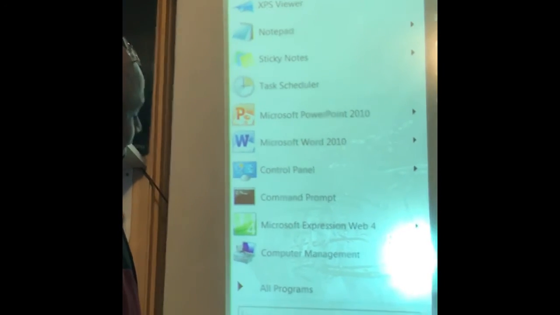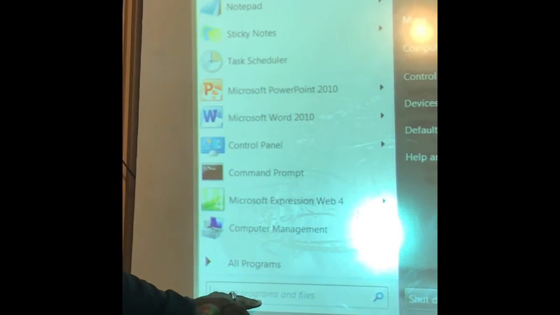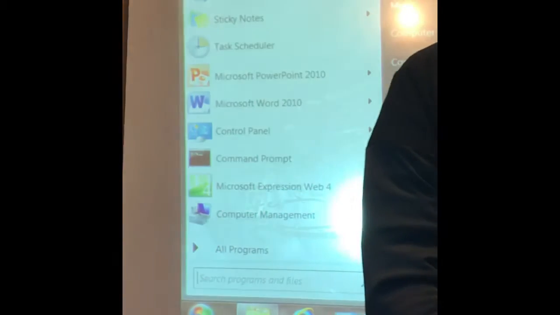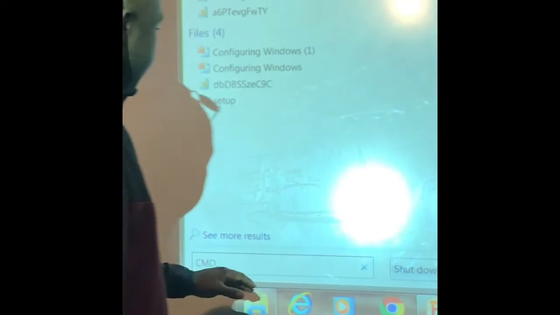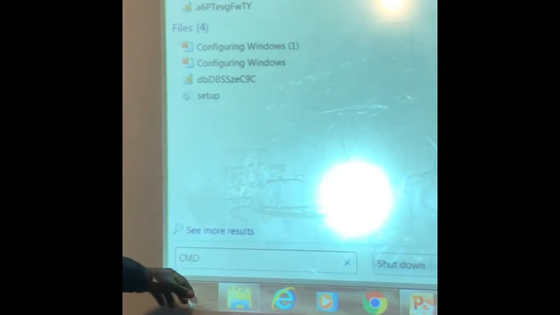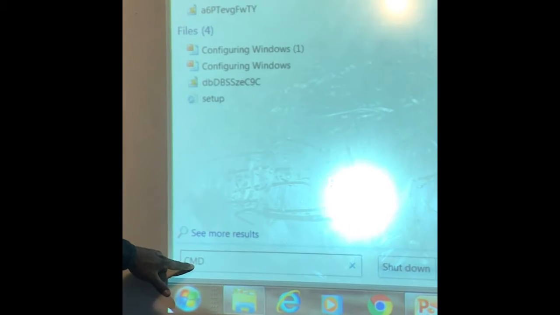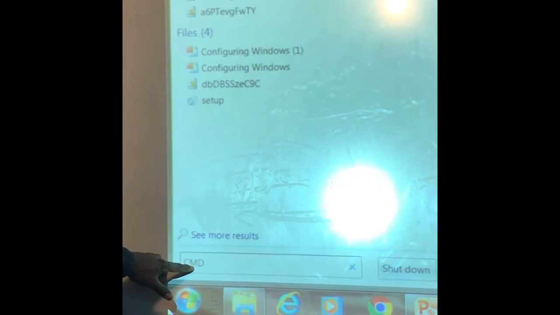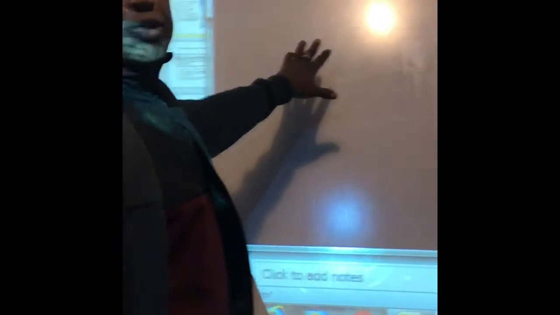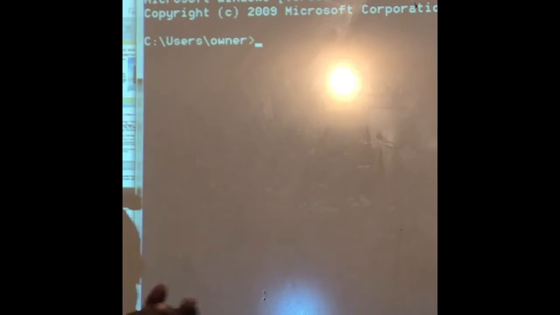When you click on the start button, you see the search program and file dialog box. I want you to type in it CMD. It's right there in the bottom left of the screen, CMD. When you type it and hit enter on the keyboard, that will bring you to this black field. So the programs or the tools that I'm talking about,